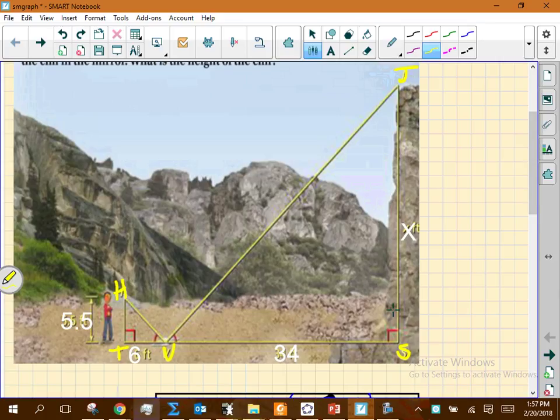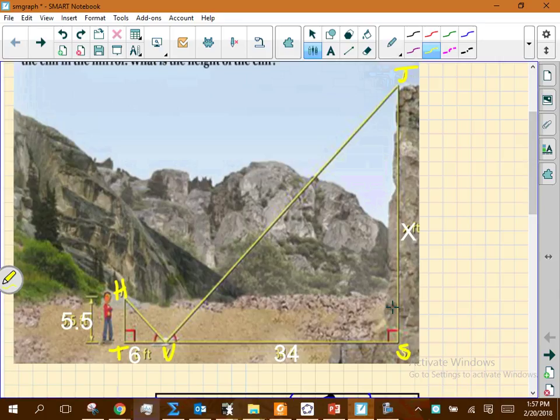What happens is this guy stood at the base of the cliff, right at S, and he started walking away from the cliff. He walked an arbitrary distance, doesn't matter. He walked 34 feet, and he dropped a mirror on the ground. When he was standing right above that mirror, he could only see blue sky. Can't see anything other than that. He's right above it, right? Does that make sense? All right, so he starts walking away from that mirror.